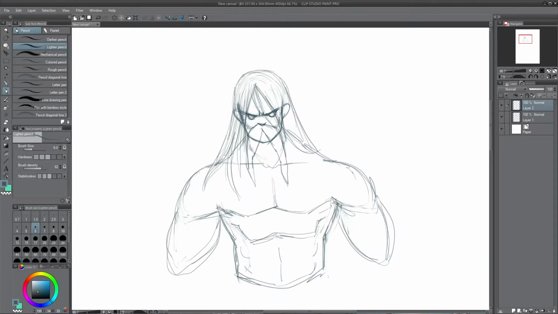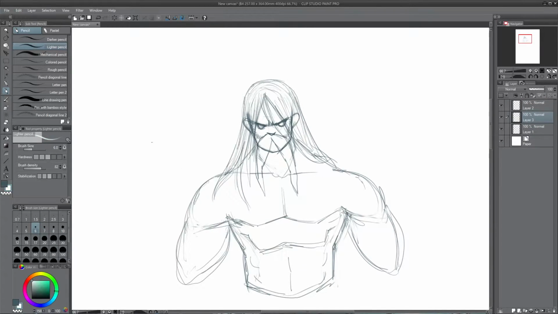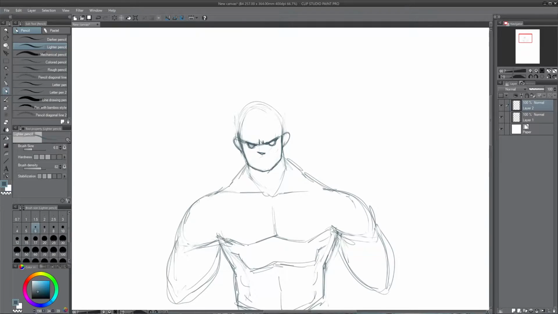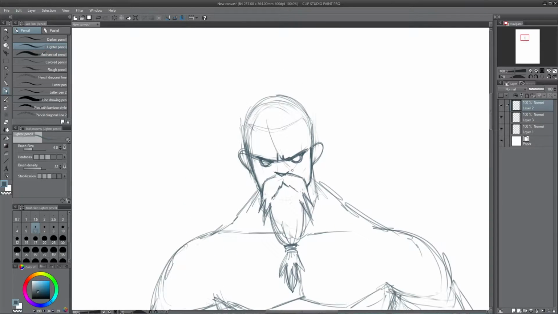So I'm showing you probably right now my sketching for a character. It's basically a Viking or some sort of a Viking. My first idea was to make it like a modern Viking of some sort, because I really wanted to do some sort of Viking, Nordic, Norse mythology kind of comic.